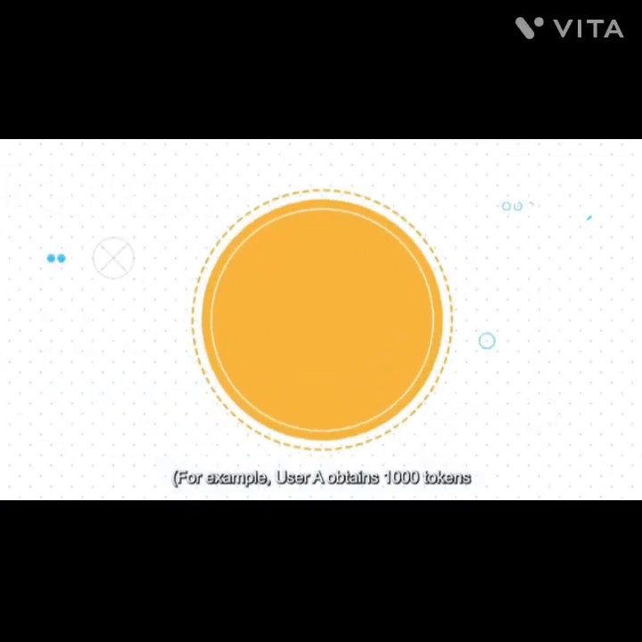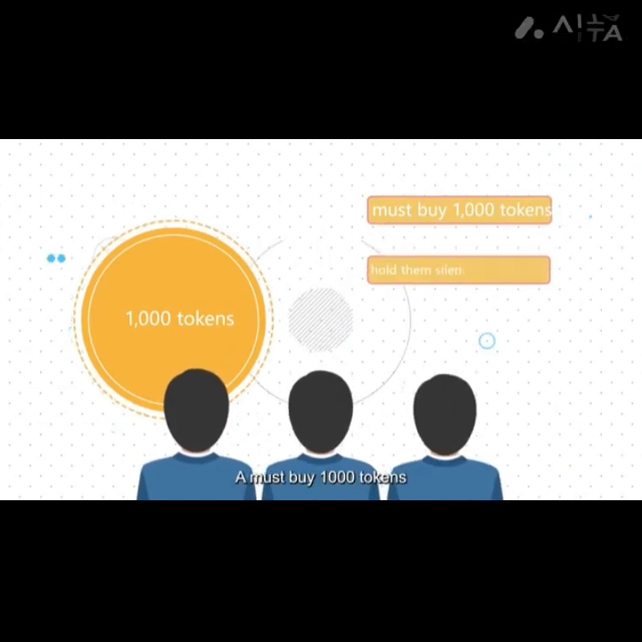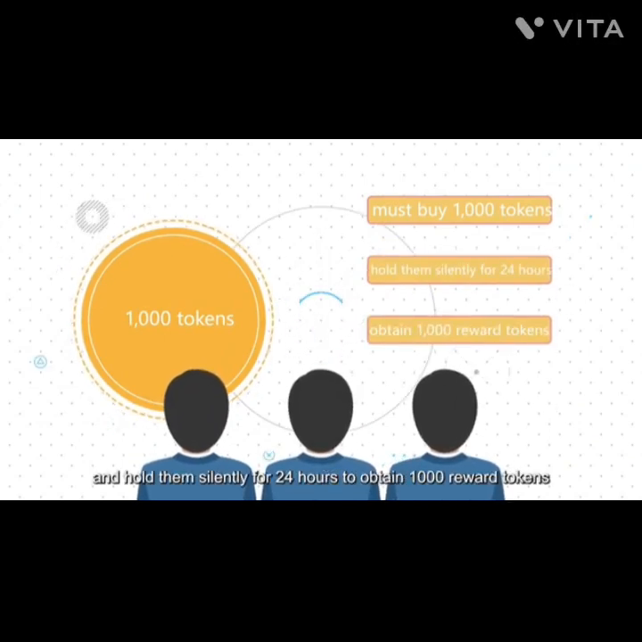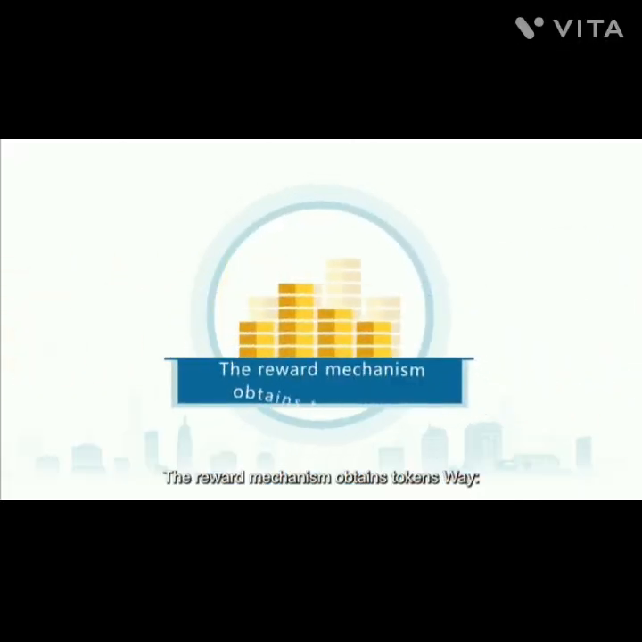For example, user A obtains 1,000 tokens through the reward mechanism. A must buy 1,000 tokens and hold them silently for 24 hours to obtain 1,000 reward tokens and release them to user A's wallet. The reward mechanism obtains tokens. Way